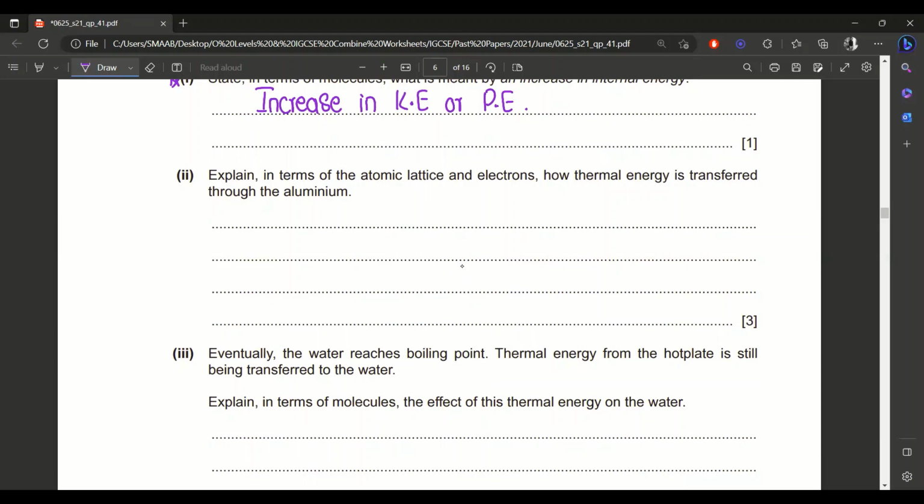So if we start writing for aluminium, first of all, we know that aluminium is a solid. We don't need to explain in such detail with respect to the charge. So basically, they are asking with reference to the atomic lattice and electrons. So you just need to explain in terms of the structure and the energy transfer. So if we first talk about the aluminium,